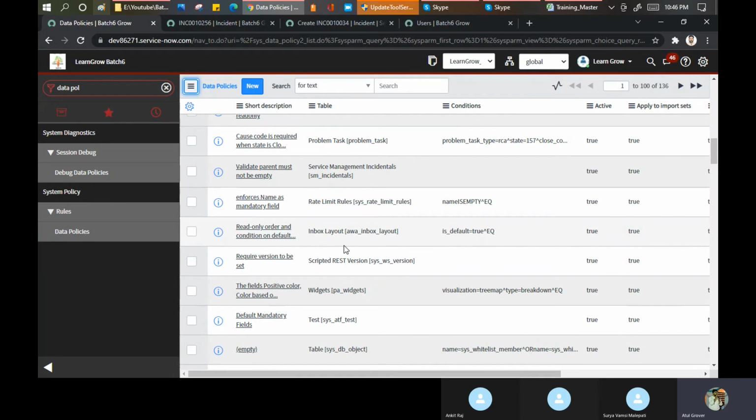Maybe if you want to do a practice, a good practice, create your own table, do many other table, put 8 or 10 good fields, download in the Excel format, bring the Excel data into the service now, put your data policy on the top of that, and then see if you're importing data, how it's behaving to you. These are the practical scenarios you can do. And that is the purpose I told you in the beginning.